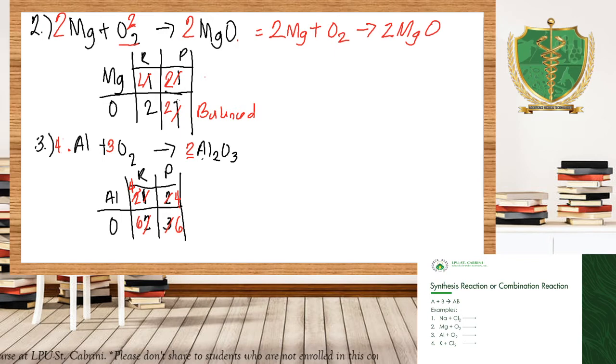Now, take note of this. Remember, the first element that you are going to change or to add a coefficient to is the easiest element to change. Anong ibig sabihin? Yung hindi ka na magbabago-bago pa ulit. So instead of having 2 in aluminum or adding 2 in aluminum, then we can solve this balanced equation as simple as this way. So we have aluminum plus oxygen will give you